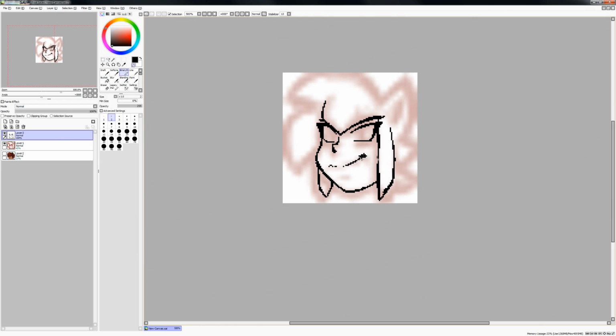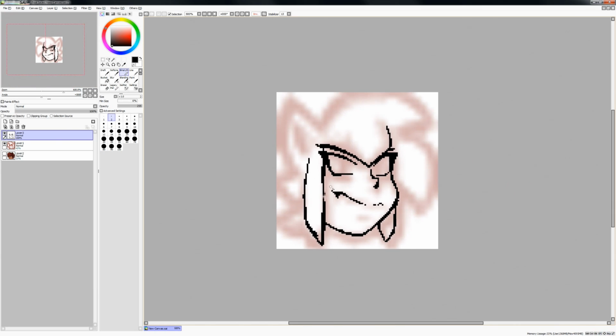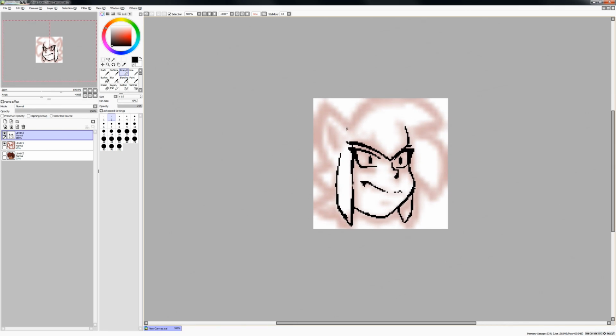This is not really the emotion that I'm trying to convey. You pull that down a little bit. It works a little bit better. And you also need to make sure that it's properly lined. Make sure that you flip your canvas just to be sure. I'll probably end up actually not having her eye color at all if I'm trying to make her look angry. Which is unfortunate. But that is how it's going to be.